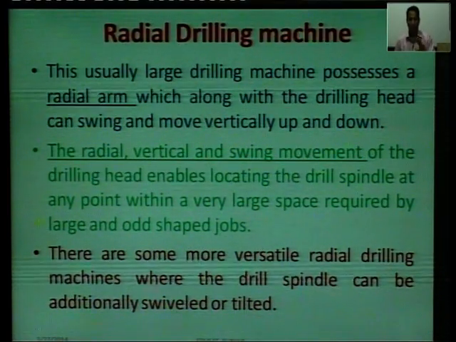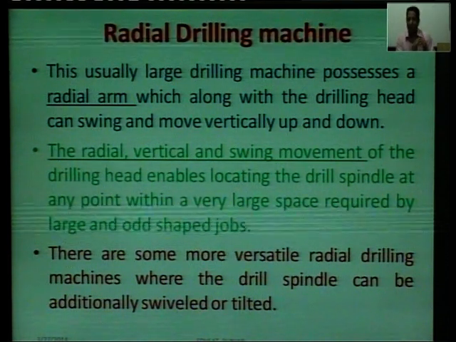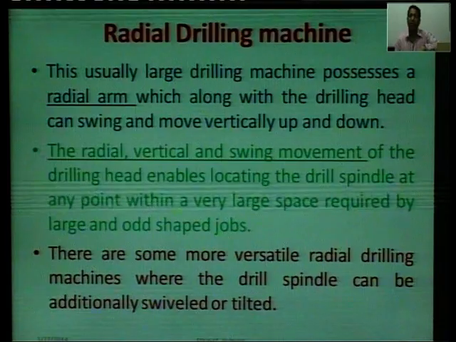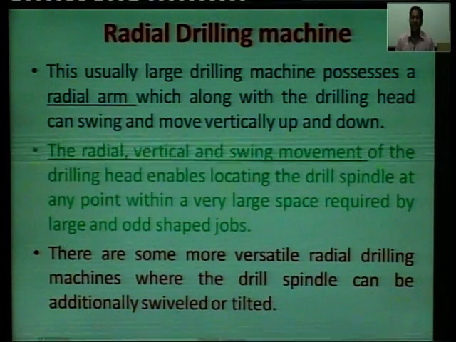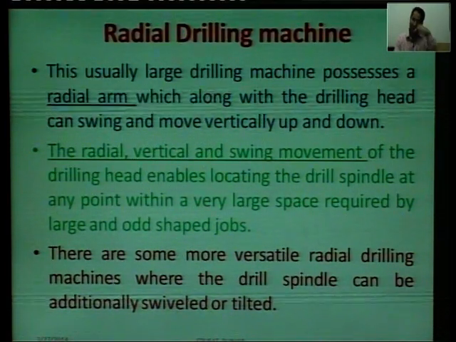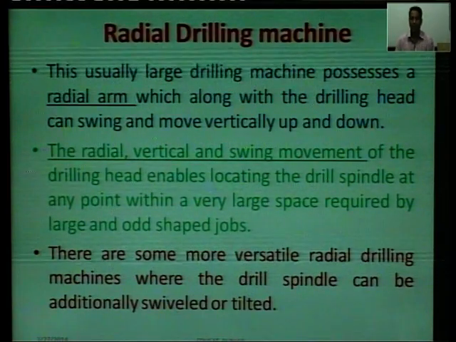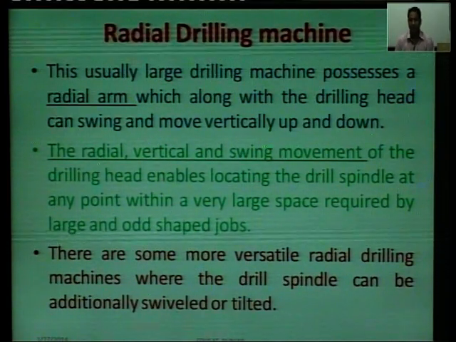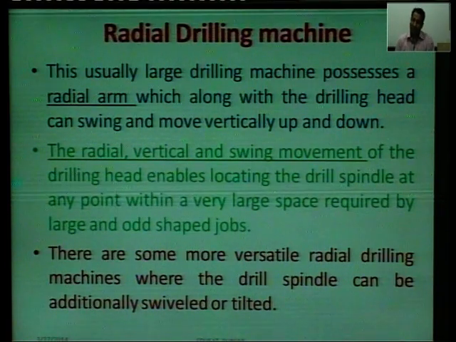So all machines which we have studied earlier, in that we can drill a vertical hole, downward hole in the workpiece, but if there is a need to drill a hole at certain angle, inclined angle, then how can you drill it? You cannot tilt the table of the machine at an angle, you cannot tilt the drill at an angle.